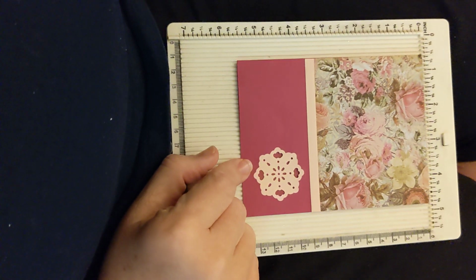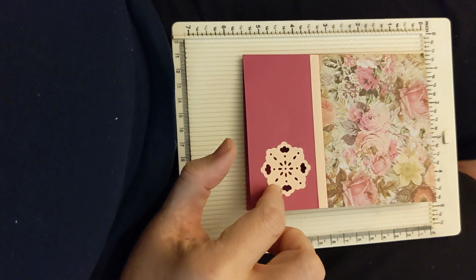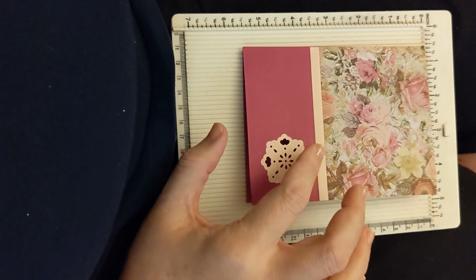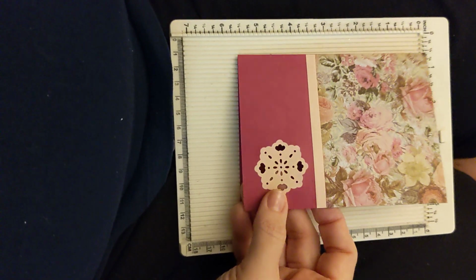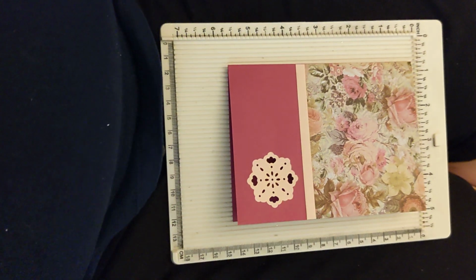This is the part that I was intrigued about. As I was practicing with the punch and seeing what worked and what didn't, I wanted a darker color and I didn't have this paper cut, so I just grabbed some and punched it. And then when I saw, well, I've messed up one whole sheet of paper for a punch, I thought, what can I do with that? So I actually took